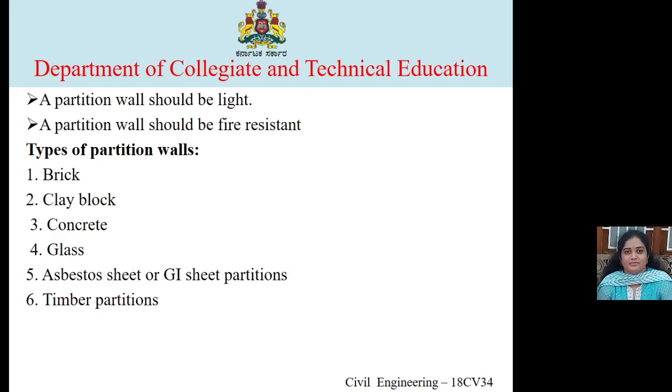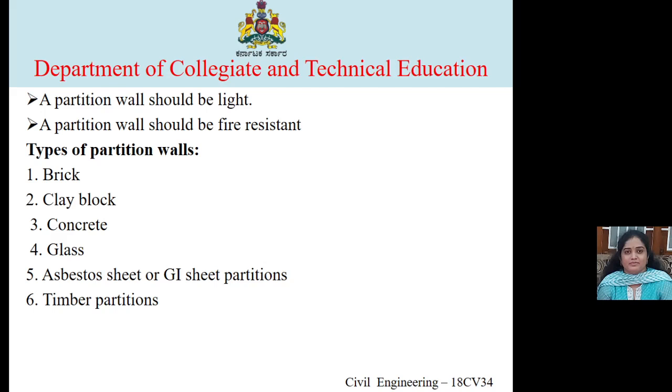So what are the advantages? They are light in weight and therefore can easily be constructed where a base for partition is not available. You are just going to start on the plain floor. There is no special base for that. They are rigid, and triangulation of framing is adopted to transfer some of the load onto the wall. They are easy to construct. They are cheap at places where wood is available in plenty.